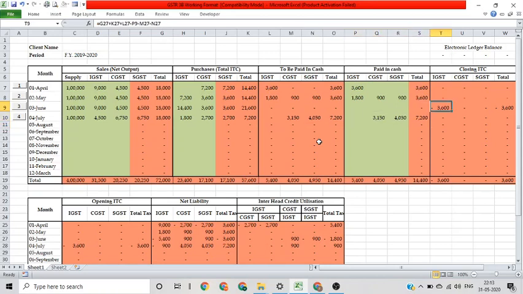Also what you can do is make sure the credit ledger in your GST login matches with these three figures. If it is not matching with these three figures, then there is some mistake either in this month's return or in the previous month's return, and there are some mismatches between the data available in this Excel sheet or in your system and the data that you have filed in 3B. So by this you can also keep a tab between data in your system and what data you have filed in 3B. So this is how you can use Excel to automate your daily routine work and save time in the process.